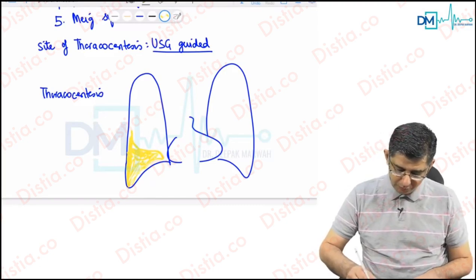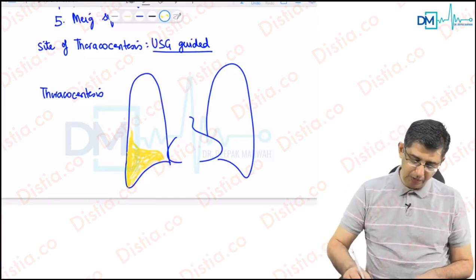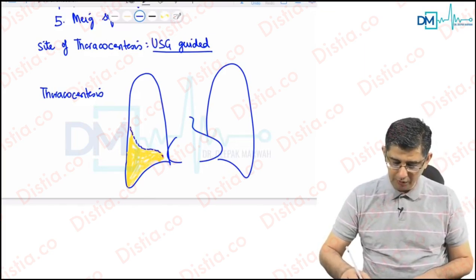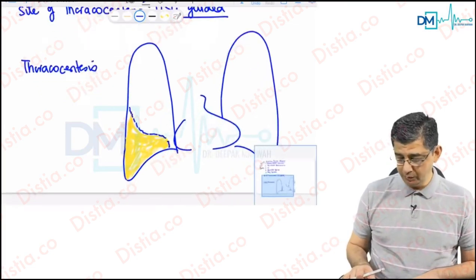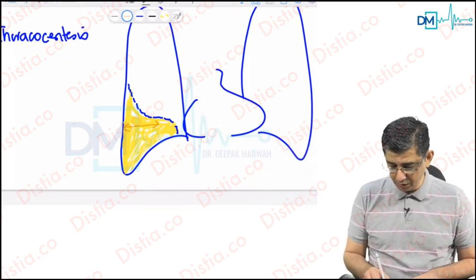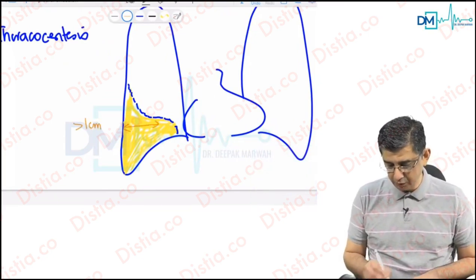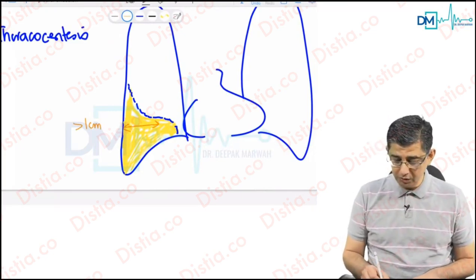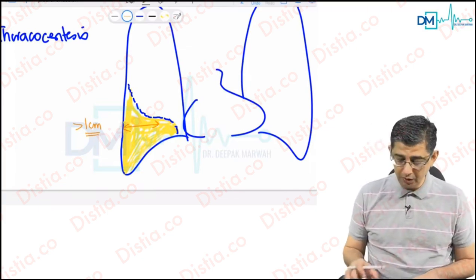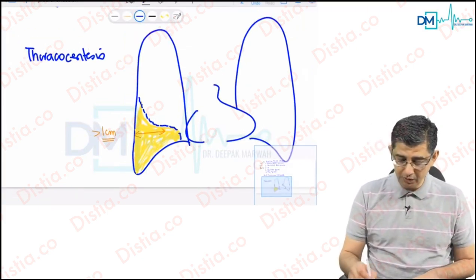Yeah, I have shown the pleural fluid in this case, as you can see. And this is obviously the normal lung border that I have shown here before you. So what I'm saying is that radiologically speaking, if there is a distance of more than 1 centimeter, like here I've shown, more than 1 centimeter between the pleural surface and the lung border on an X-ray,